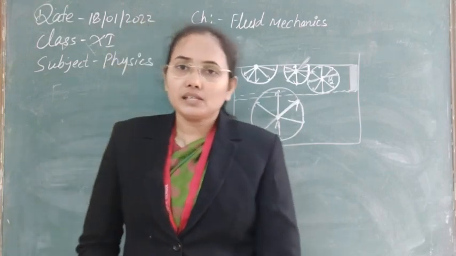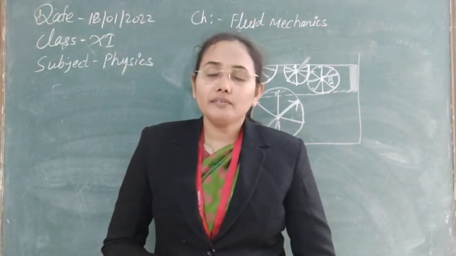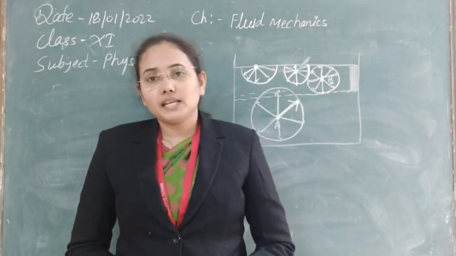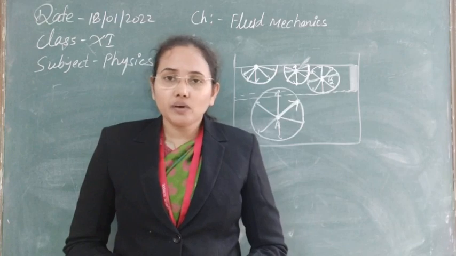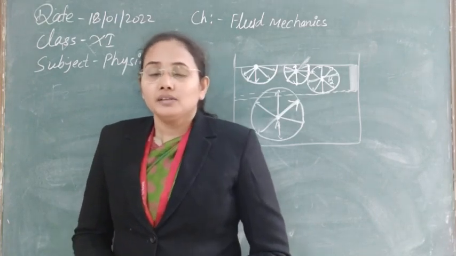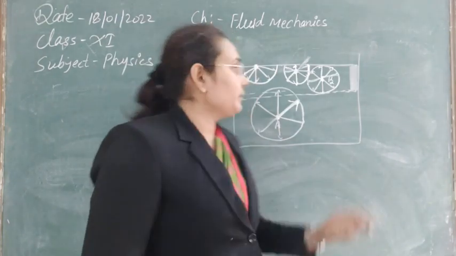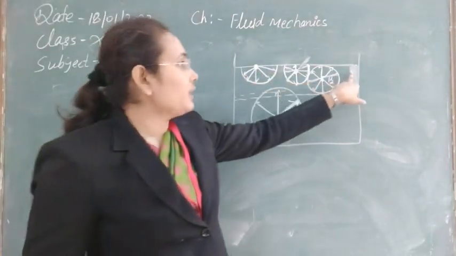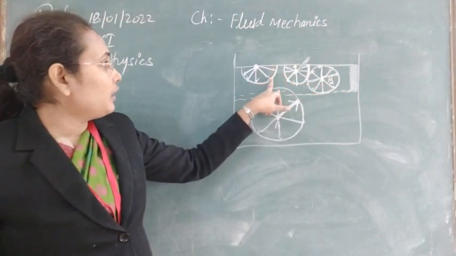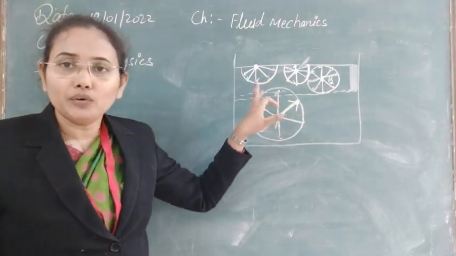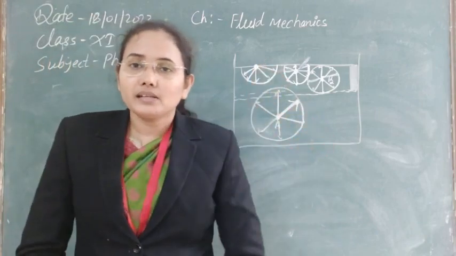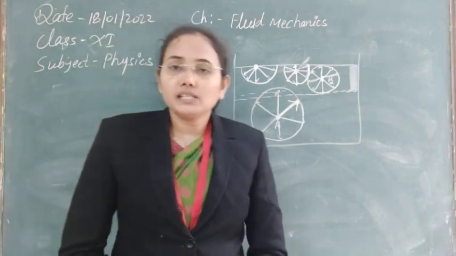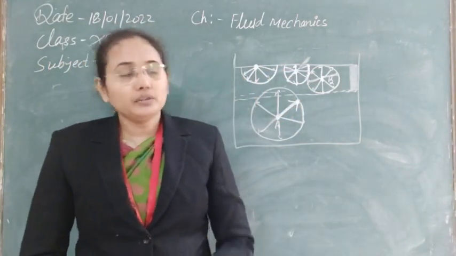So first of all, what is surface tension? The tendency of any liquid to minimize its surface area is known as surface tension. So why does it want to minimize it? The reason is that, from molecular theory, the topmost layer of the liquid applies some net force in the downward direction. Due to this downward force, the surface starts to go downward, which means the liquid starts to minimize its surface area.